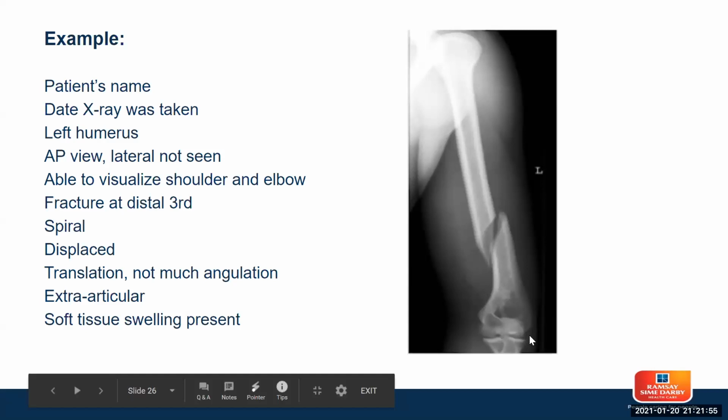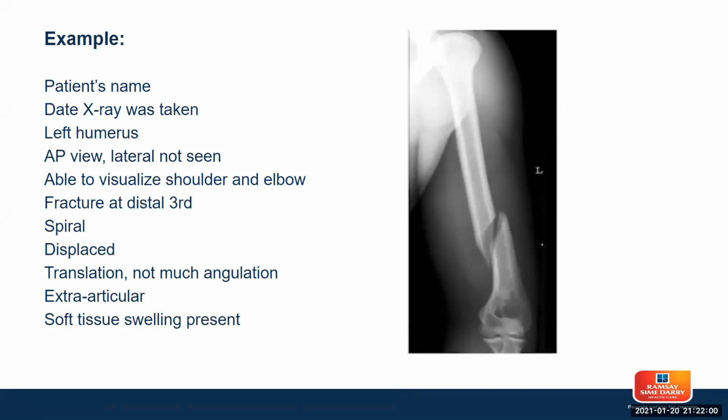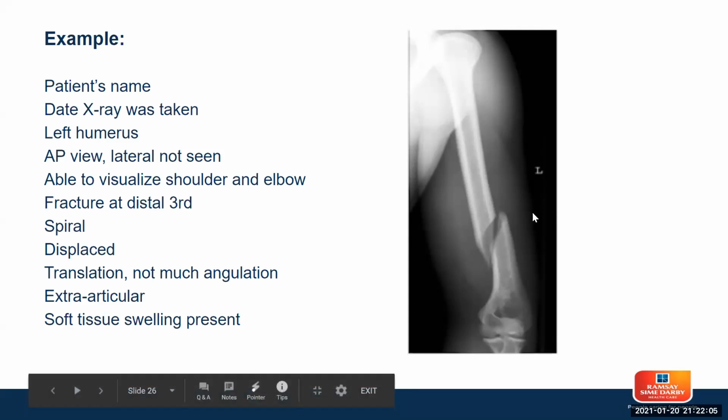It's extra articular, meaning it's not involving any of the joints. The joints are very, very far away. Elbow joint is here, shoulder joint is way up there. So this is an extra articular fracture, nowhere near the joint. And there is soft tissue swelling. It may not come out too well on the slides, but there is some soft tissue swelling on either side of